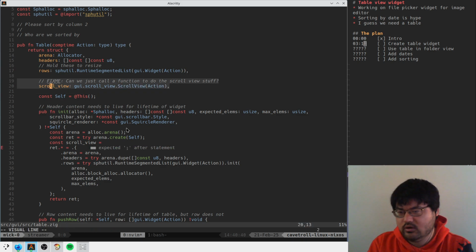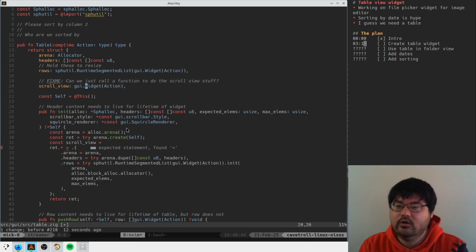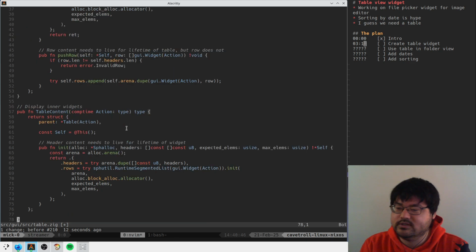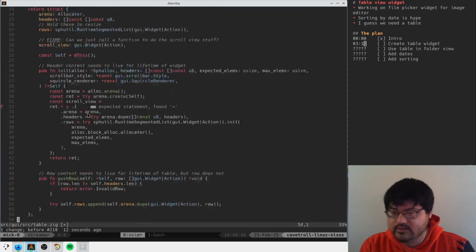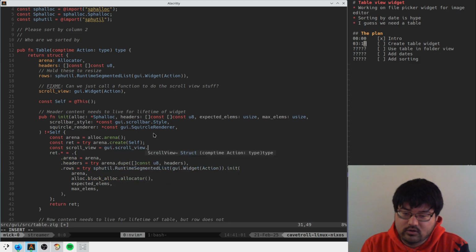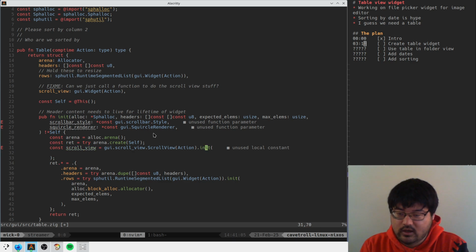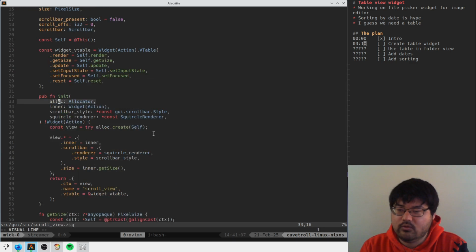Is that true? No, that's not true. We are only going to be using this to display our table content from below. We said that already. So we need to construct this scroll view with the GUI scroll view action in it. Okay. And our inner widget,